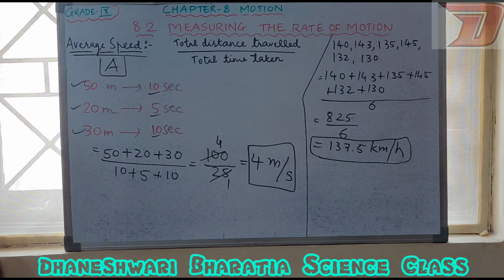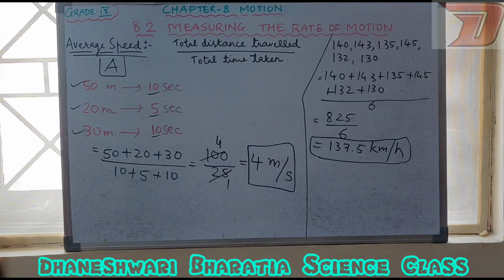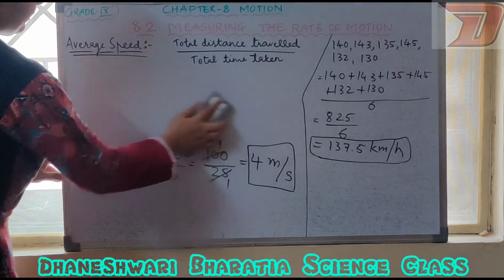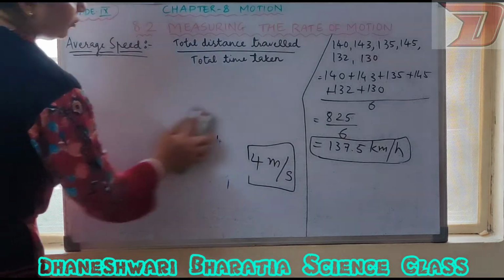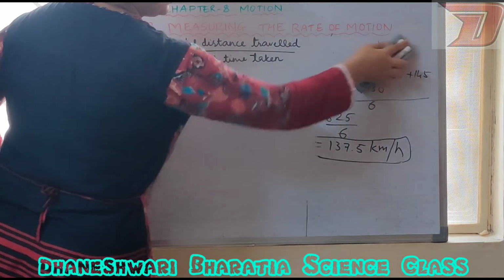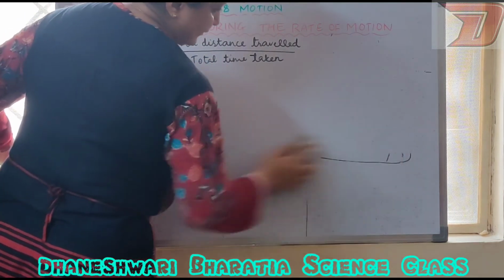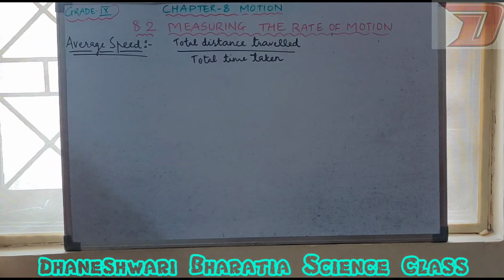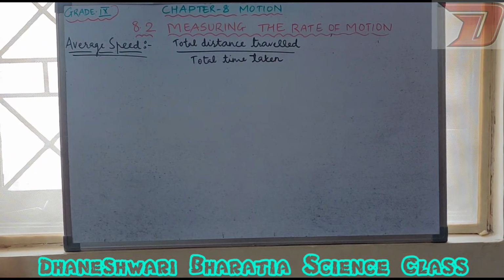Right? Now one example is given in your textbook. You can keep it open on page number 101, example 8.1. We will be discussing that. Whenever we solve any numericals, you have to make sure that whatever terms are given, those terms are to be enlisted first. You need to note down all the terms, then write the correct formula. Along with the formula, after that you have to substitute the values, right?